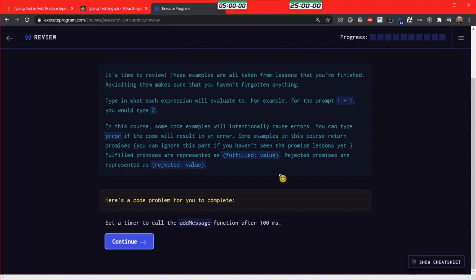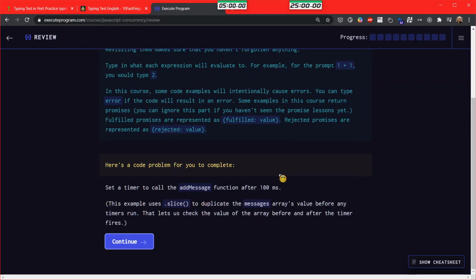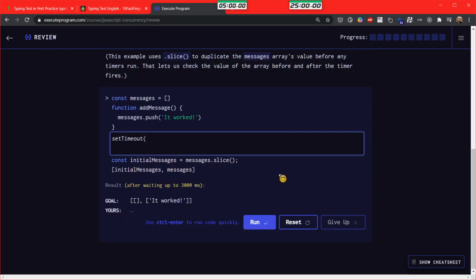So set a timer called the add message function after 100 milliseconds. Okay, so set timeout, then we say add message, 100 milliseconds.